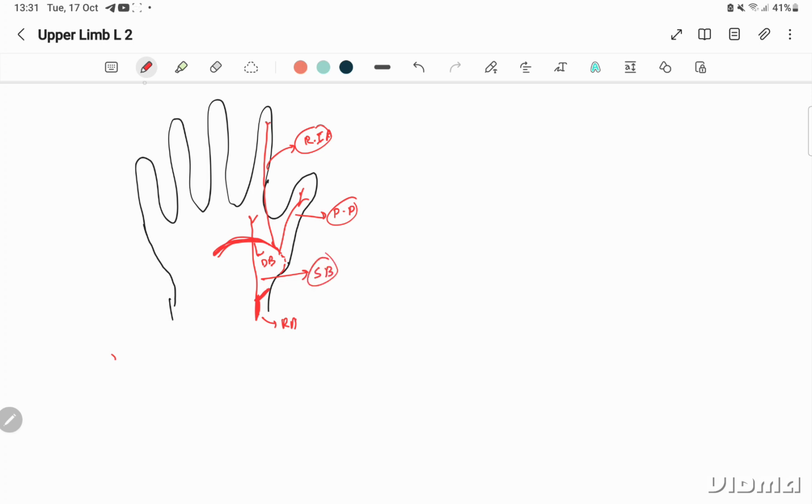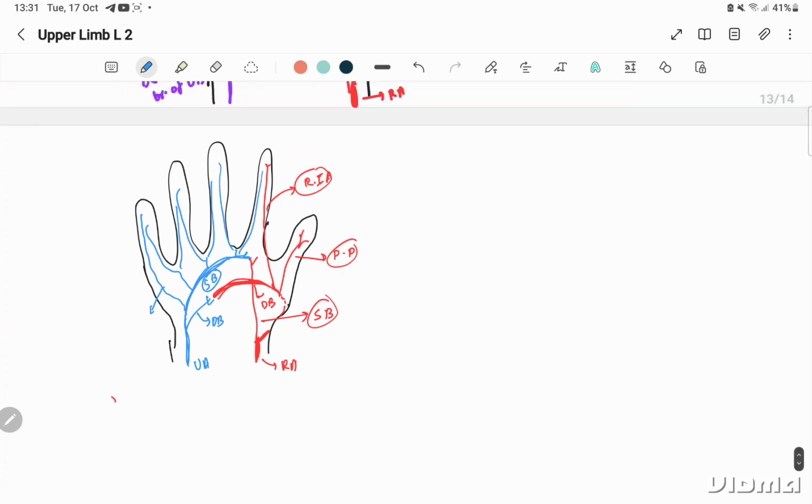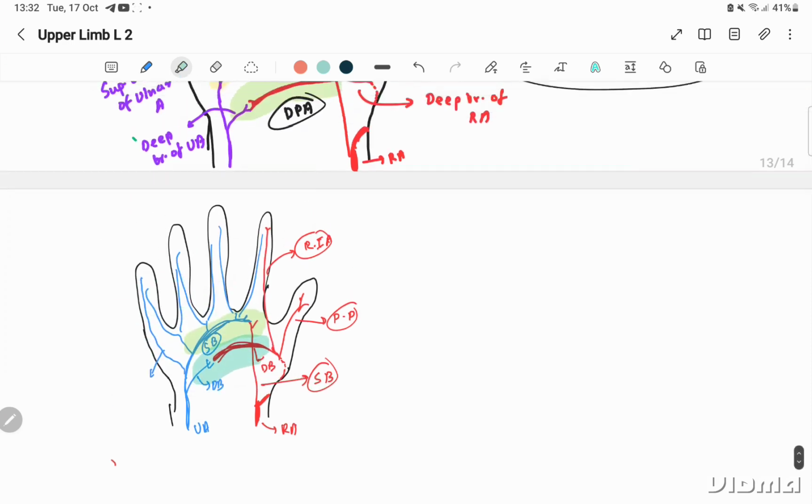The superficial branch would come here. This is the superficial branch, and then we have the ulnar artery, which I will draw in blue. This is the ulnar artery. The ulnar artery will give a deep branch. This is a deep branch of the ulnar artery, and the superficial branch would complete the structure here. This is a superficial branch, and it would give a proper digital artery and common digital arteries. Okay, so these are the arches of the hand. This is the superficial palmar arch, and this second one is the deep palmar arch. If you understood up to this,